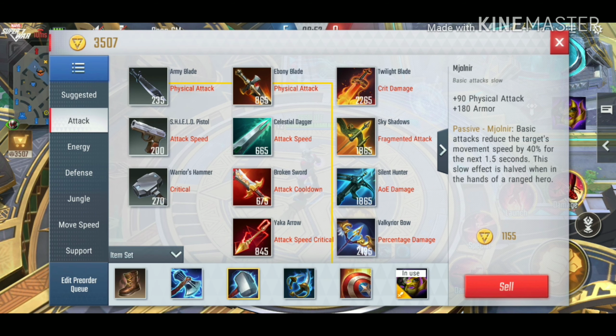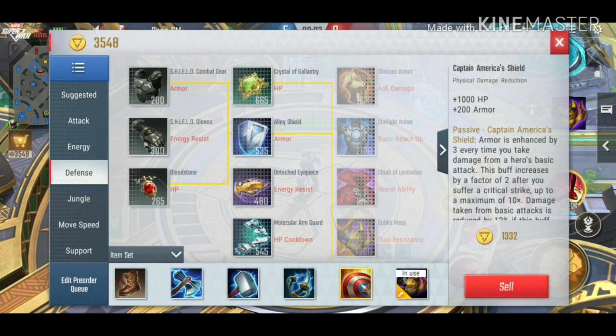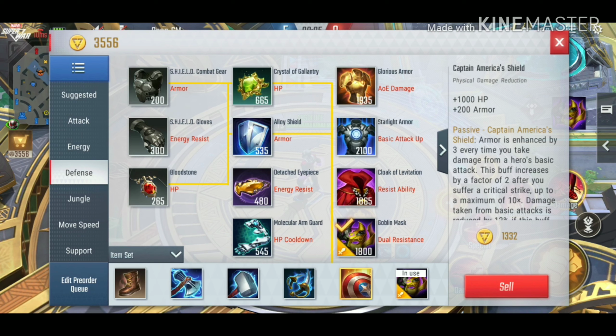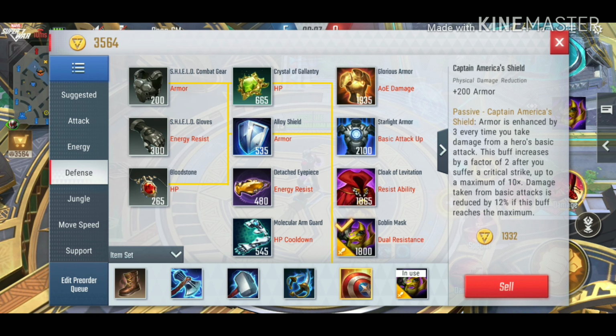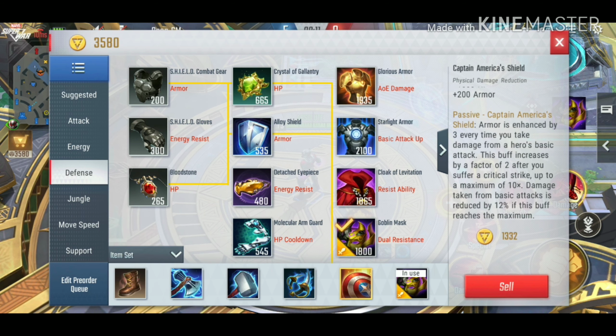Both those items are really good because Mjolnir reduces the person's movement speed, and when that takes effect, you can use that to your advantage, because when you're in your third skill, you attack slower, and that could make you able to attack them more. Captain America's shield gives you more armor, and